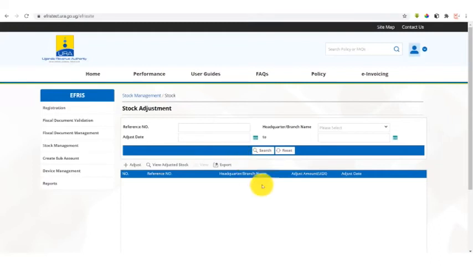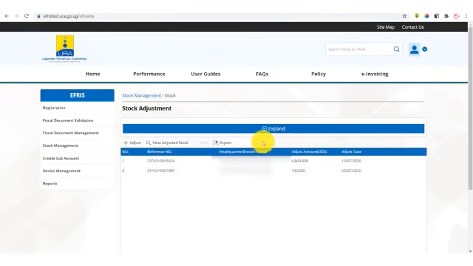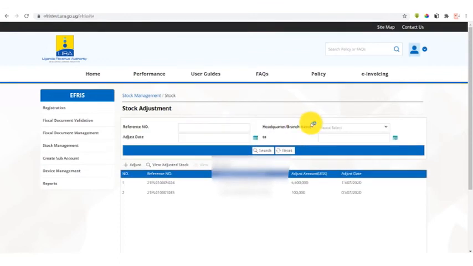In the scenario you want to see a history of adjustments you've made, you can just come here and click search, or you can select any parameters and search using any of those, maybe the date or the headquarter or branch name. But in the scenario that you click search, it gives you all the details of the adjustments you have done recently.